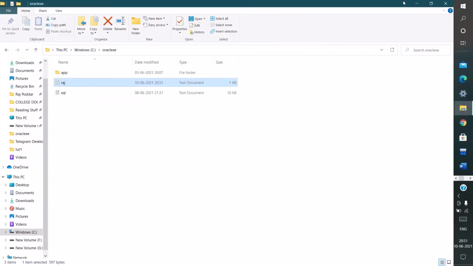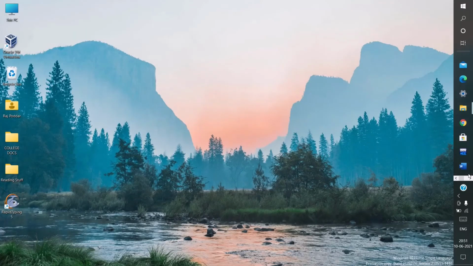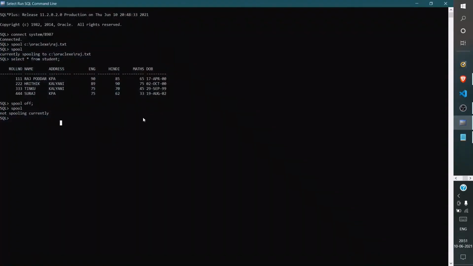Now similarly we can append to this file by the command spool. Just write spool, the directory name where you are going to add that raj txt file, the previous file, and at the end just need to add a keyword like append or replace.